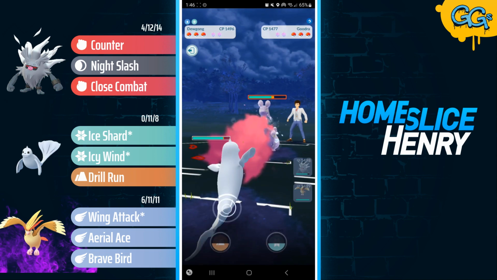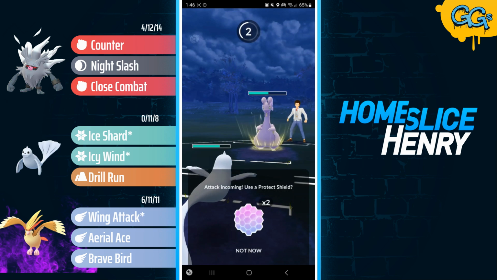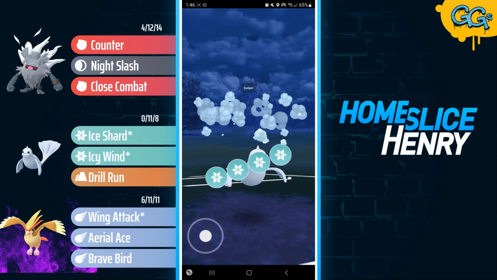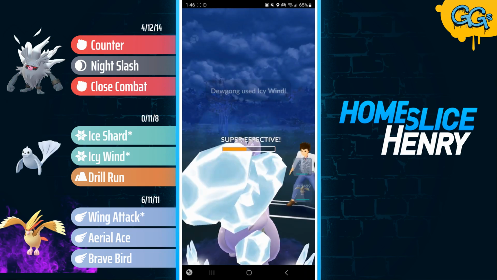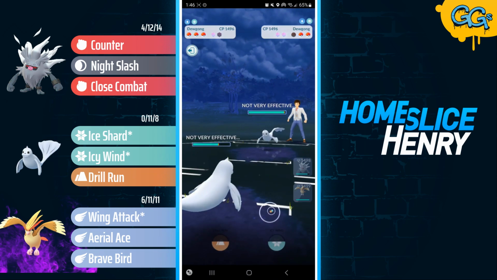Great lead in the next match, leading Annihilate into Dugong. The save switch into the Goodra, and I am going to respond with a Dugong of my own. Power Whip does a ton of damage here. I no-shielded one of these, and my opponent was almost able to flip switch, so I am definitely going to be shielding that up. They're more than happy to just let this go, and I basically have a full health